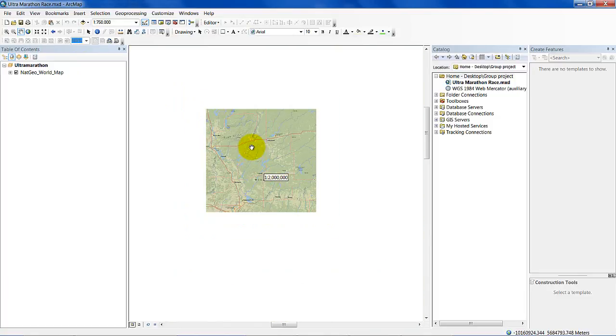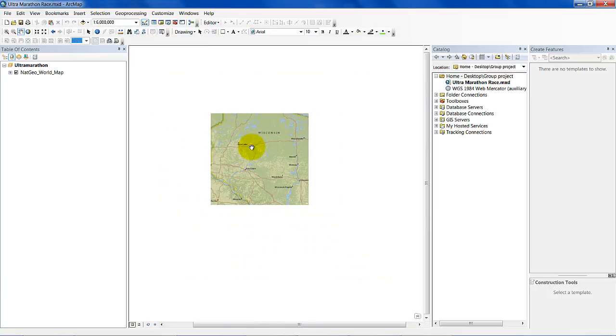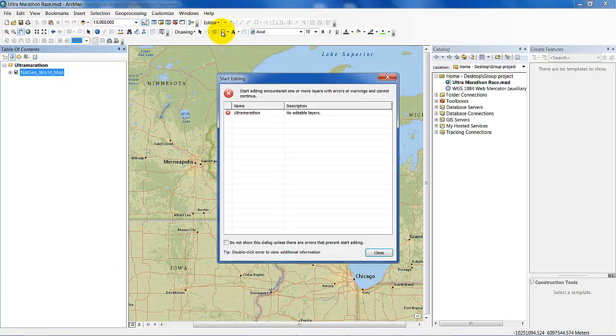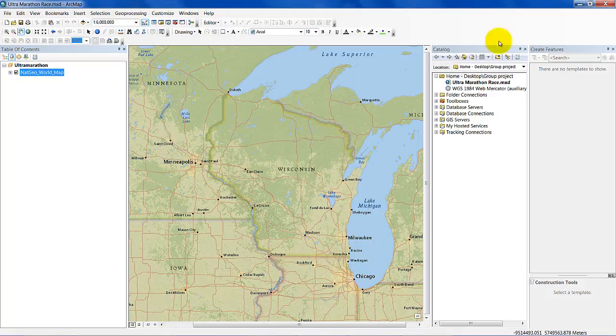and we'll come to Wisconsin. But if I want to add a layer in order to put information in there on the race course, I come over here, click on that, and in the editor, if I wanted to put in points and lay out the race course, I start editing, and it says Ultra Marathon, no editable layers. So what I need to do first is set up and have an editable layer. So we're going to put this down over here